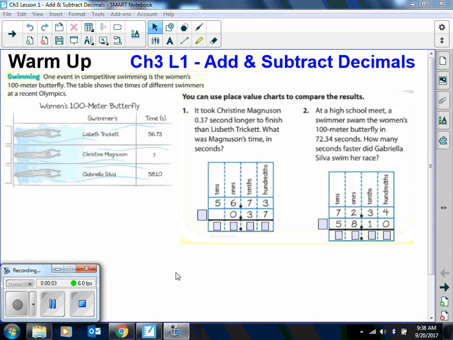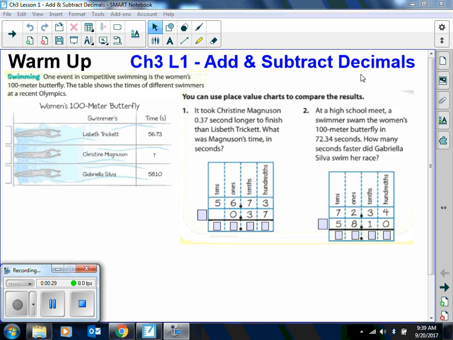All right, so we're starting Unit 2, which is compute with multi-digit numbers. Okay, and if you see, it's a very short unit, and up there on the board on the word wall, it's a very short one. You'll see that. Okay, so today we're going to do Chapter 3, Lesson 1, and we're going to add and